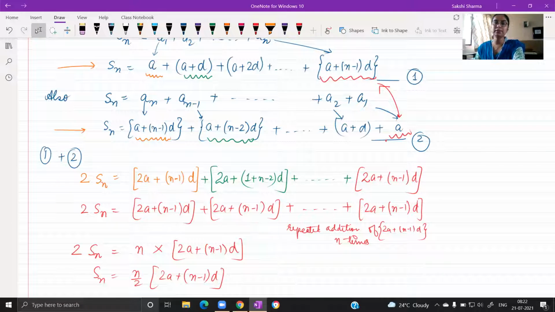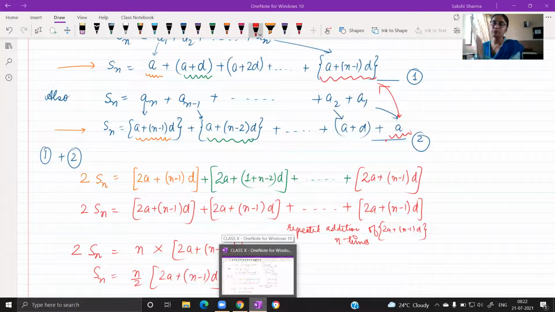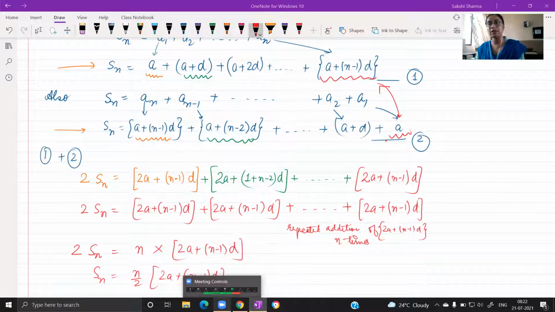Tell me if it is clear. There were just 2 or 3 main things to remember here. First of all, you have to write down the sum in order, first up to the nth term, then the same sum in reverse. उन दोनों sums में आपको terms को replace करना है. A1 with A, A2 with A plus D, so on, जो nth term का formula है. जो आपने दो expressions form किए उनको add कर लो.